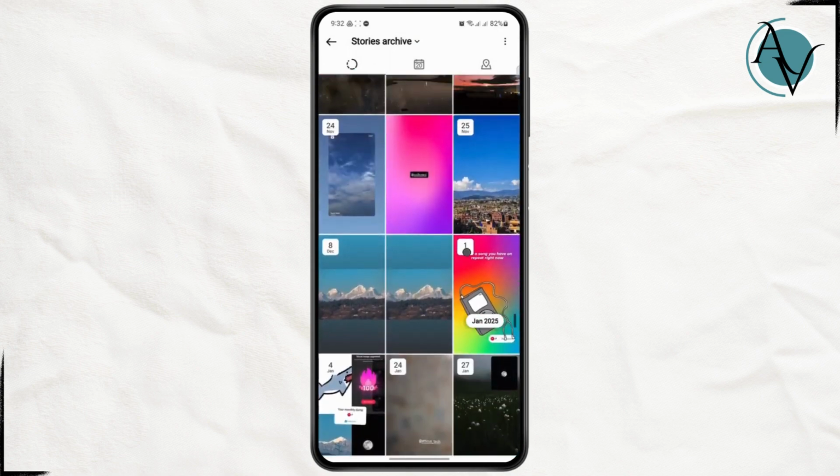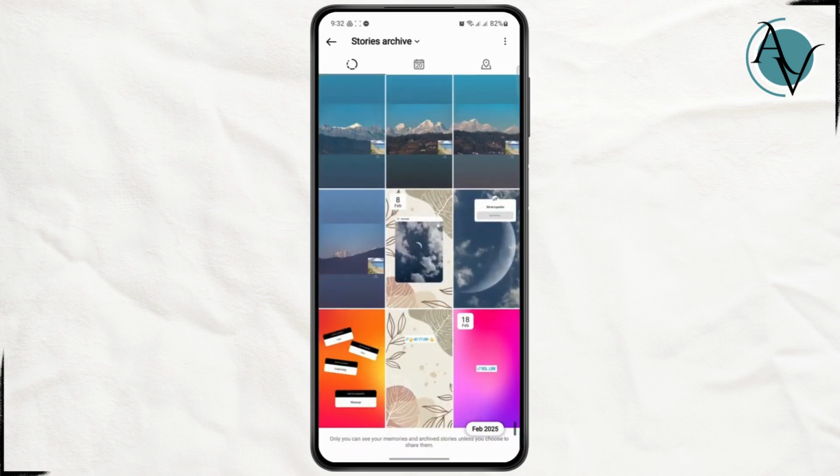But it does not yet have an option to delete all of the stories at once,